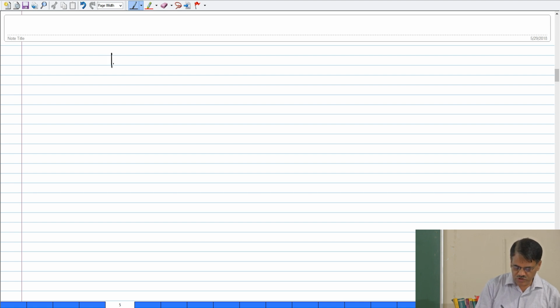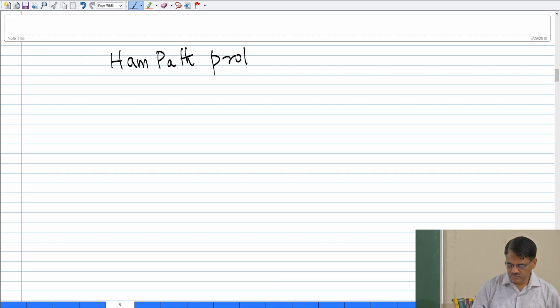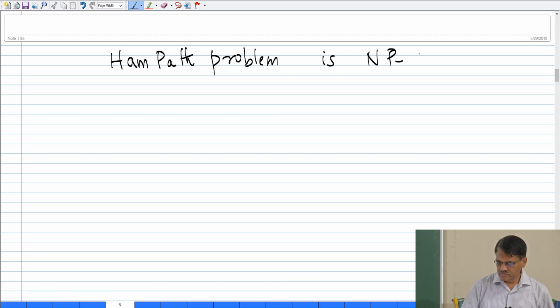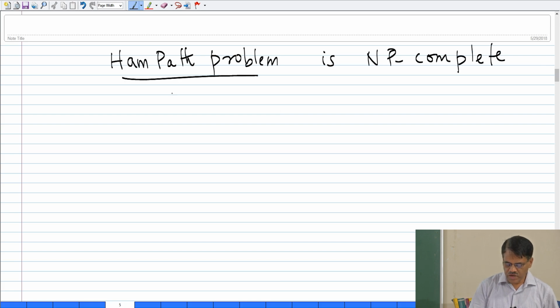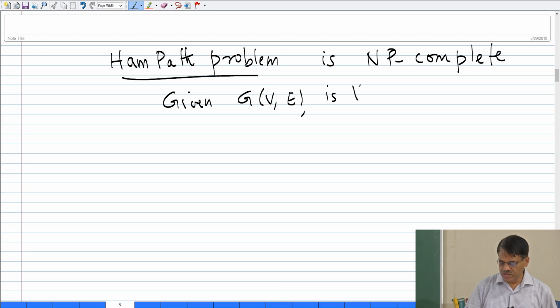So we want to show that, okay, what is the problem? Given graph G, is there a path, a simple path